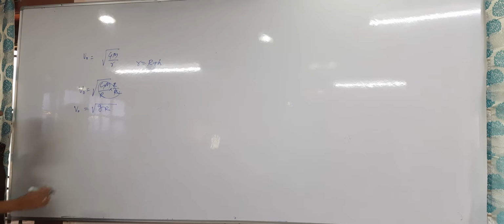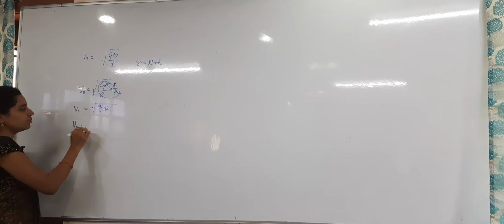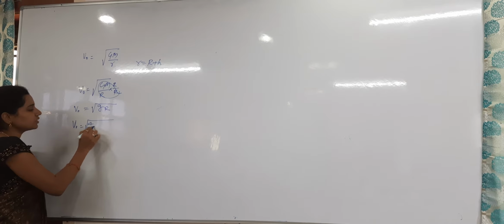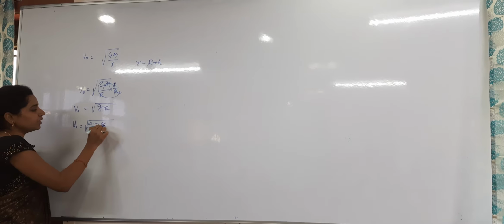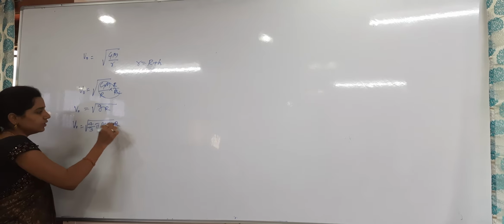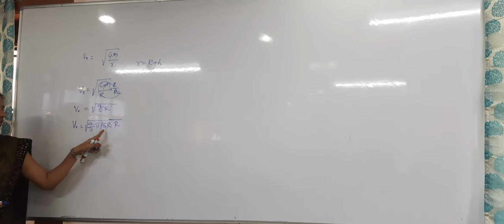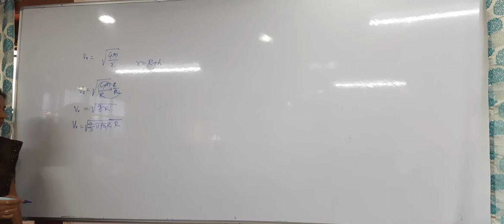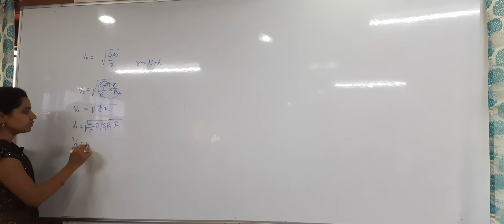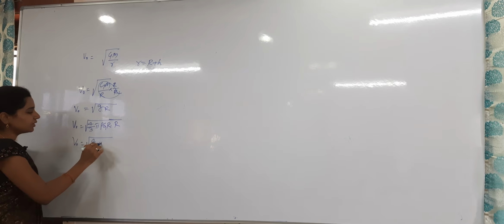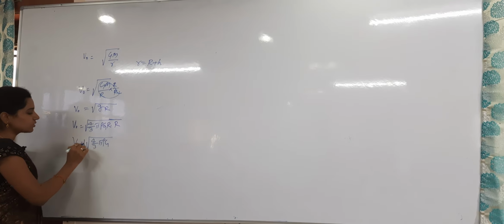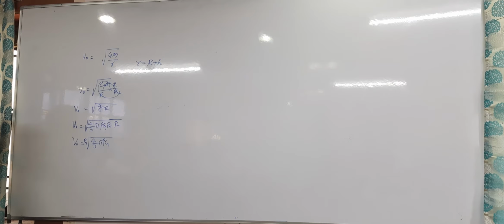And also whenever you see the same orbital velocity formula in terms of the density, that will be how much? 4 by 3 pi rho G R into R. Why? Because the g value is this only. So V naught is equal to, what will we get here? Under root 4 by 3 pi rho G R square, nothing but R will come outside. So these are the formulas we have seen.